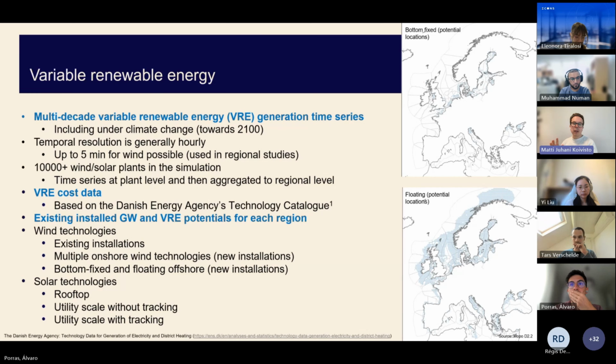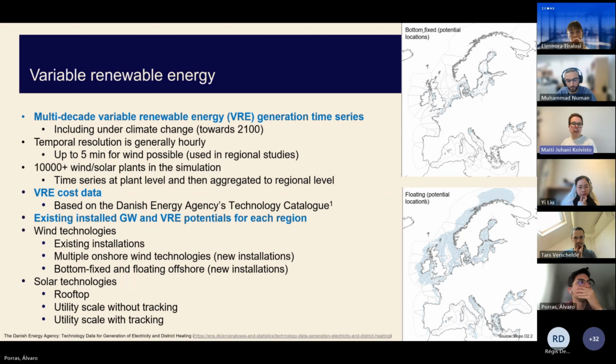I'll get a little more detailed on the modeling in the next slides, but I wanted to mention we also do the cost data: CapEx, OpEx, and lifetime. For all of these technologies, we use as the basis the Danish Energy Agency's technology catalog, and we scale that for some of the technical details that we do there.